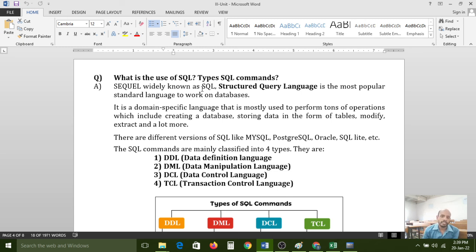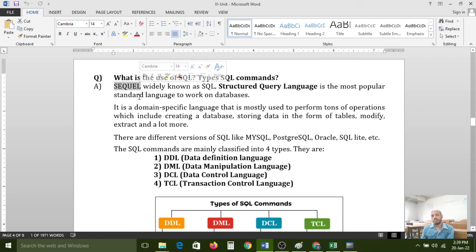SQL stands for structured query language, and it is also known by one more name, sequel, the sequential query language. Structured query language or sequel, both are the same. It is the most popular standard language to work on databases.